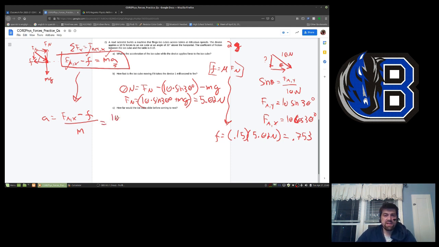So I've got my 10 cosine 30, because what I just wrote there is the x component of the force, minus my friction force, which I just found, all over my mass of 0.003 kilograms. Acceleration is